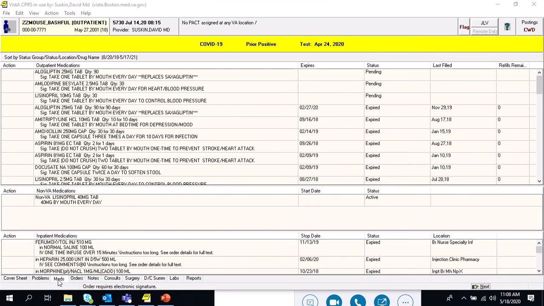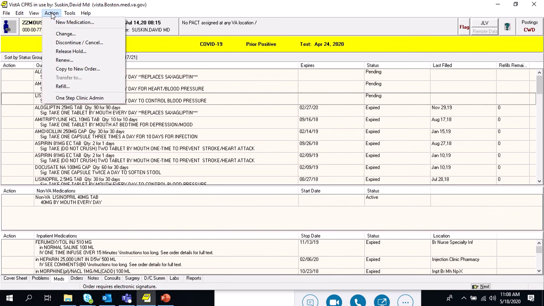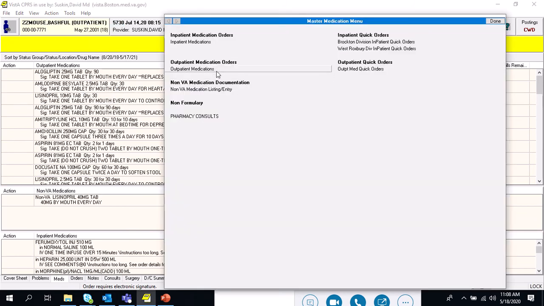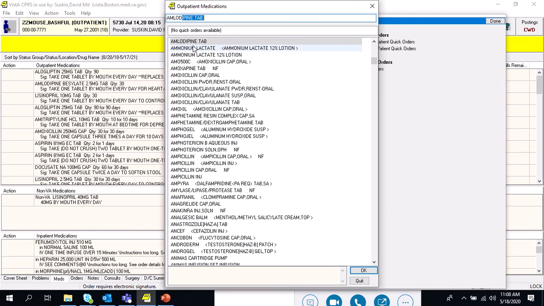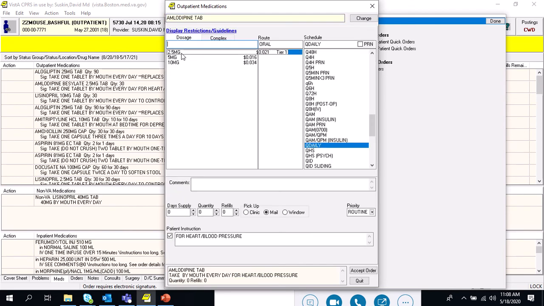So you will go under the Medications tab. You will go to Action and click on New Medication. You will go to Outpatient Medications, and let's say, for instance, the patient had mildly elevated blood pressure and you would like to start them on amlodipine. You will type in amlodipine. You'll click the strength of the medication, already